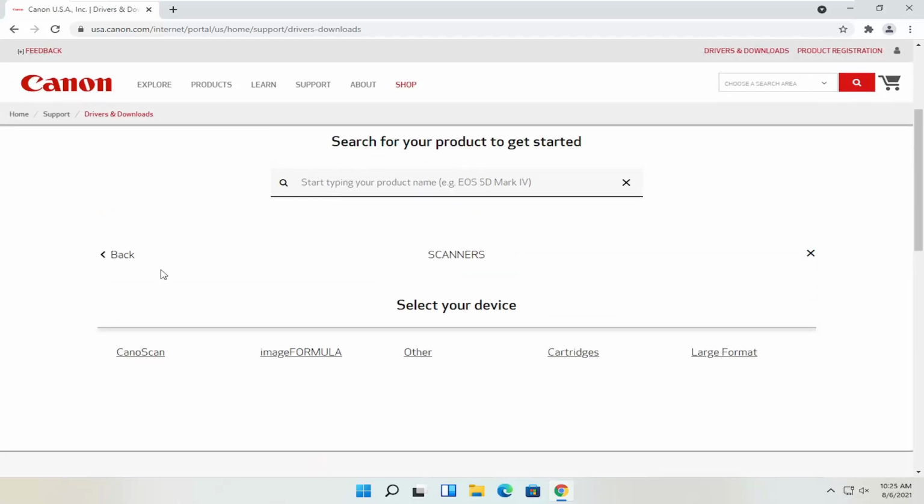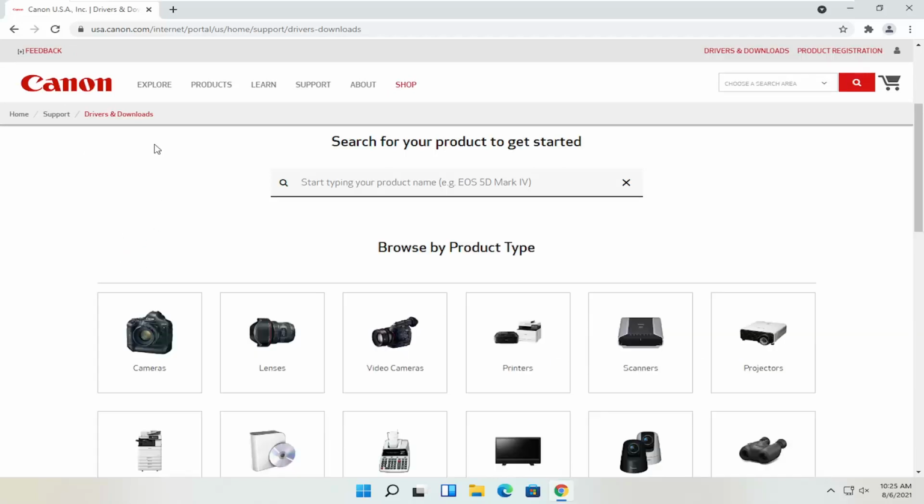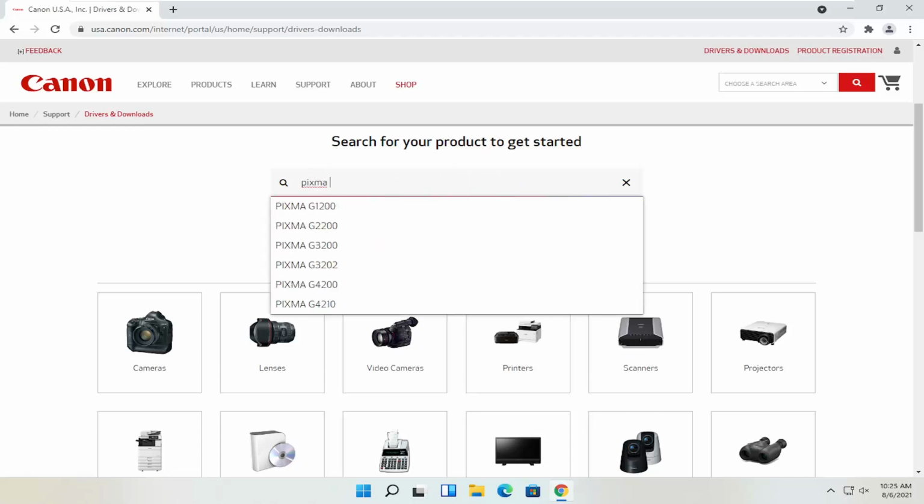So the Canon, you'll also be able to order different ink as well. Magenta, cyan, yellow, black ink, various products. You can get them third party as well, but you can order Canon ink as well through their website. But anyway, let's say we know exactly what printer we want to download, and let's say it's a Pixma printer. So I'm just going to actually go type into this field up here at the top, Pixma